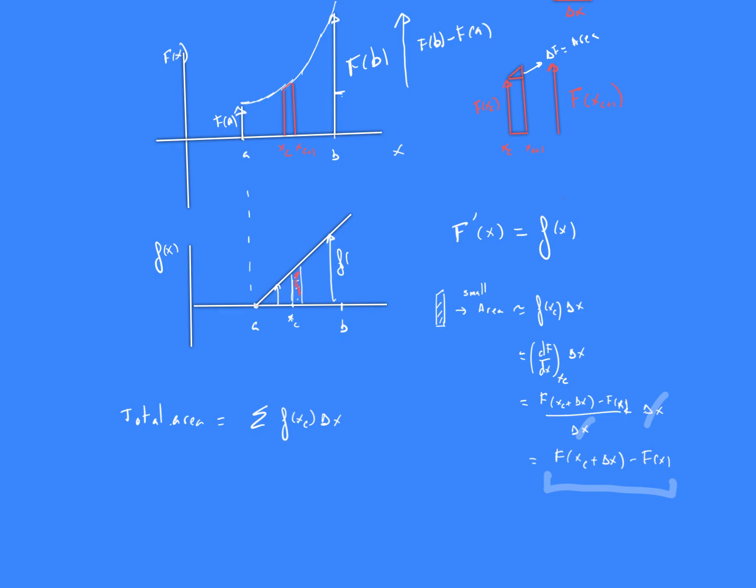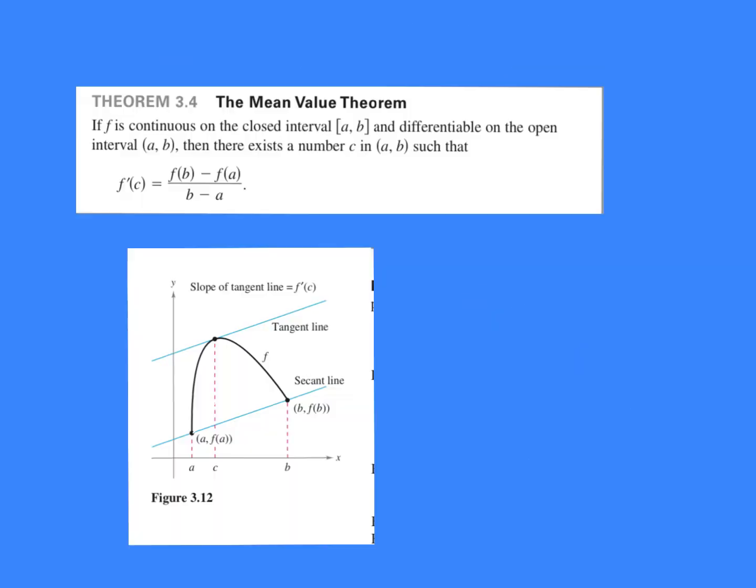This is what we have to see. Let's go to the proof, but before we need to remember some preliminary thing. That is the mean value theorem. The mean value theorem says that for functions that are continuous and differentiable on interval AB,